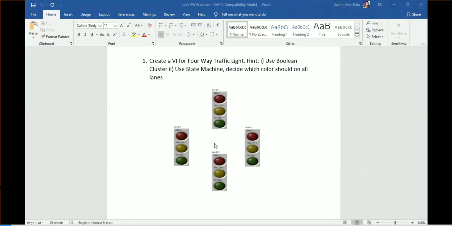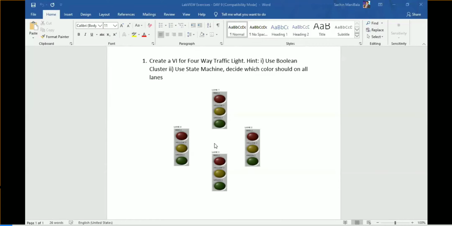So the better way is, rather than having 12 Boolean scalar indicators, I make it a Boolean cluster. With that you can easily provide conditions. Now you can compare why I am not going for 12 indicators and why I am choosing this one.